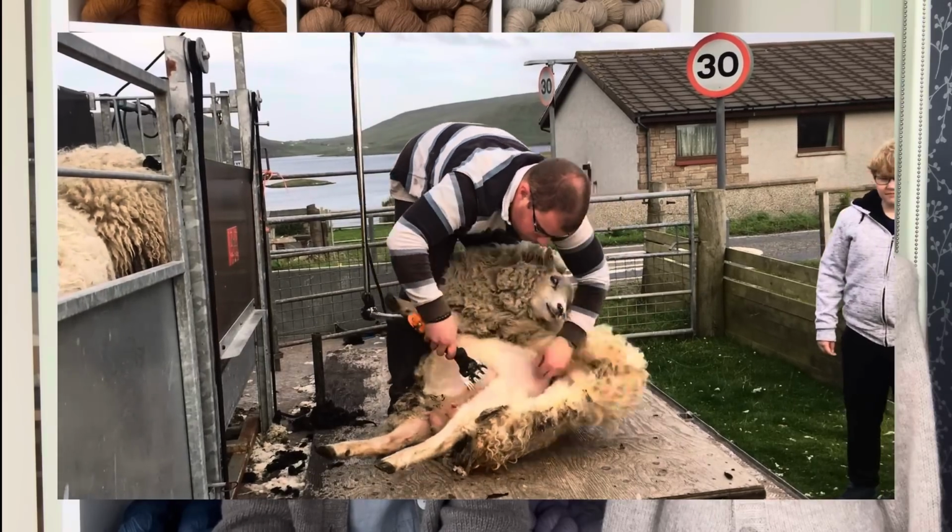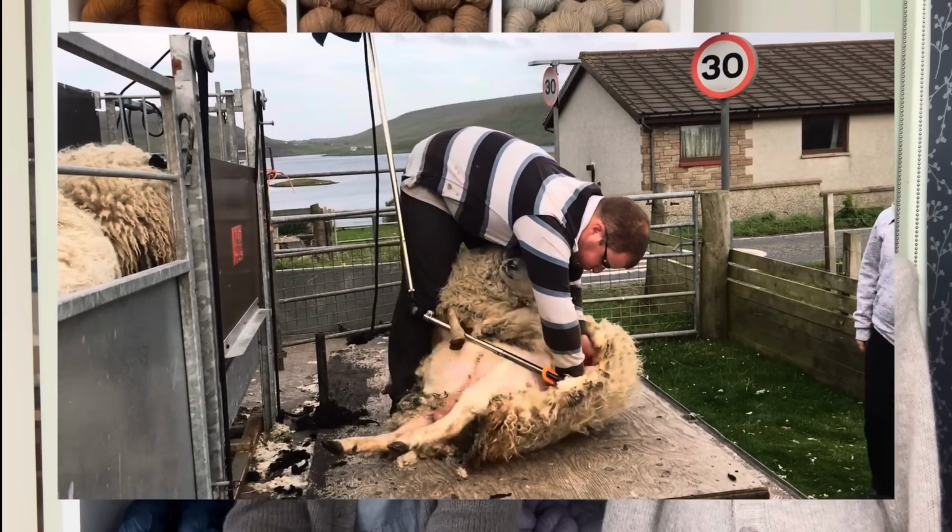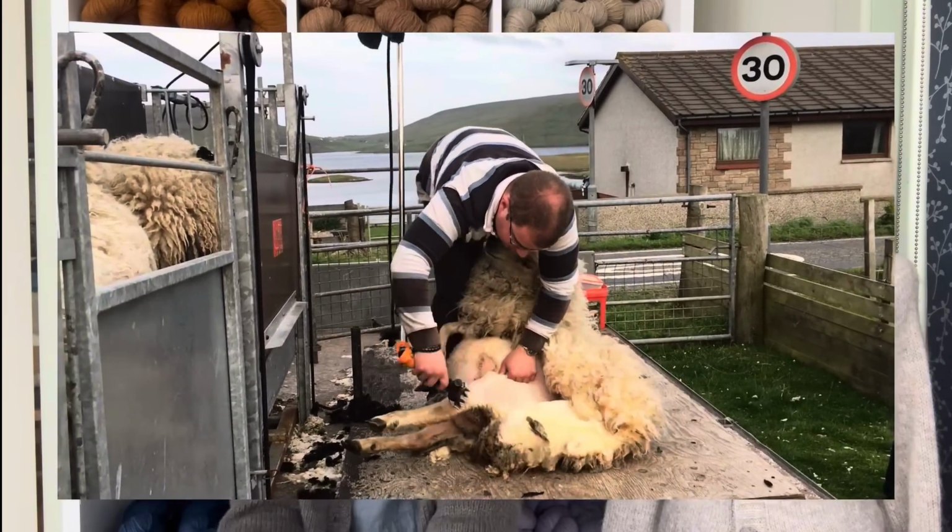The other thing we've been doing, we've been working on the Croft quite a bit. We did our usual sheep shearing, which of course we have to do every year, and we have to get the fleeces off the sheep, otherwise they'll overheat and other things like that. And then of course we have to start packing the fleece to get ready for making yarn. And then we spent the summer, we had a couple of